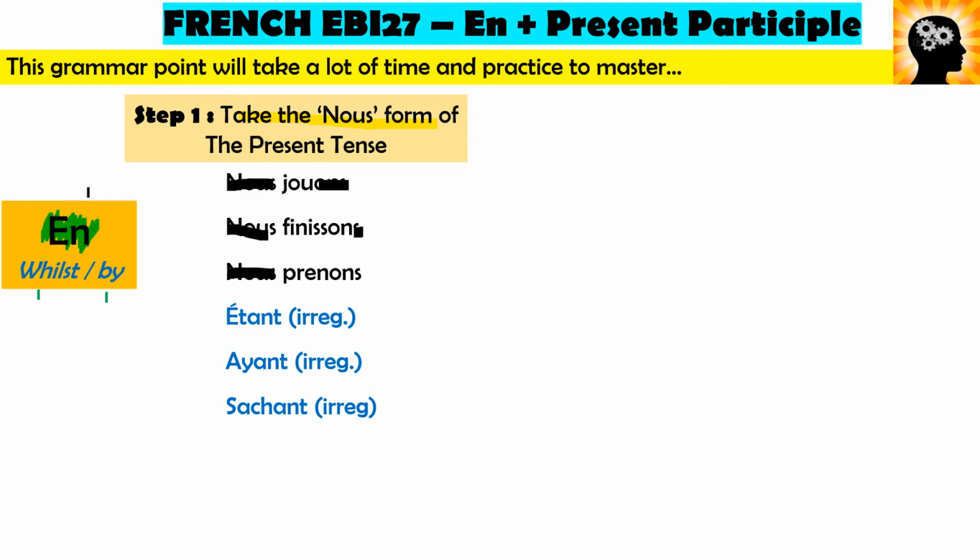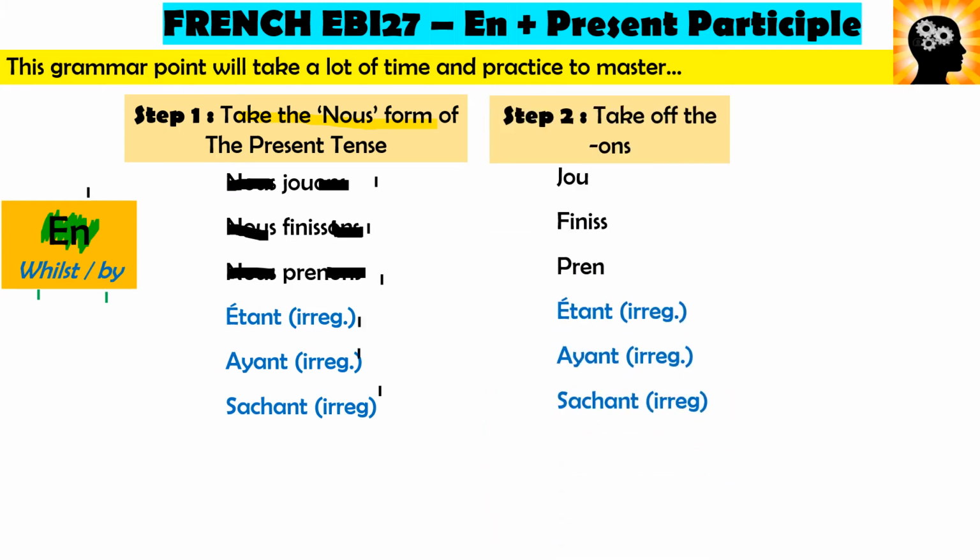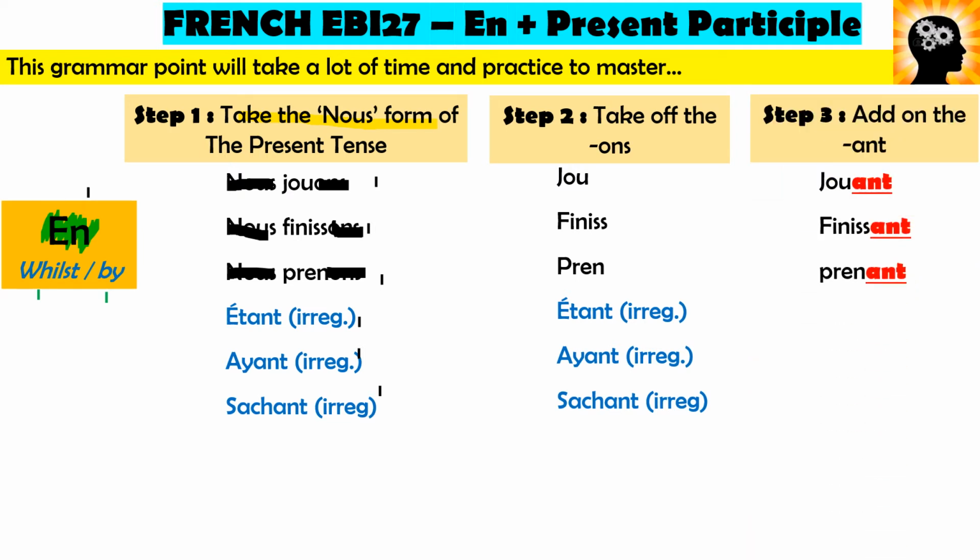As you can see, finir, you just get rid of the ons, so it's finiss. Prendre changes to prenons, just get rid of the ons. The nous form changes the verbs differently, as you should know, because there's a tense where you take the nous form and add on the endings. What tense is that? The imperfect. So the nous form changes the verb. So for every verb, take the nous form, take just the ons off. There's 3 irregulars you need to know, and then you whack on an